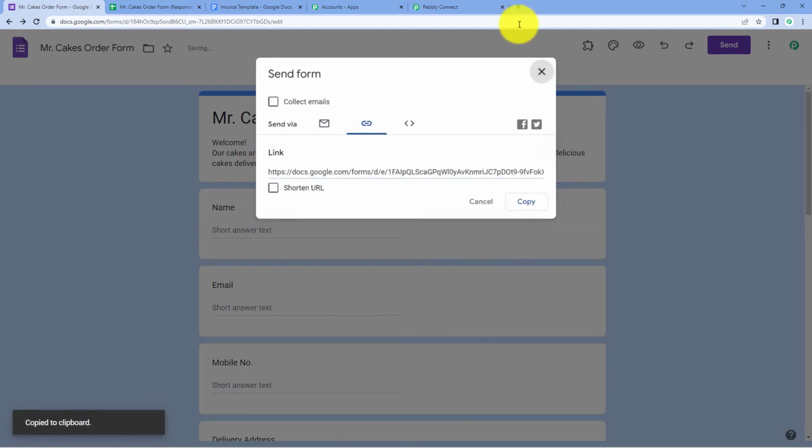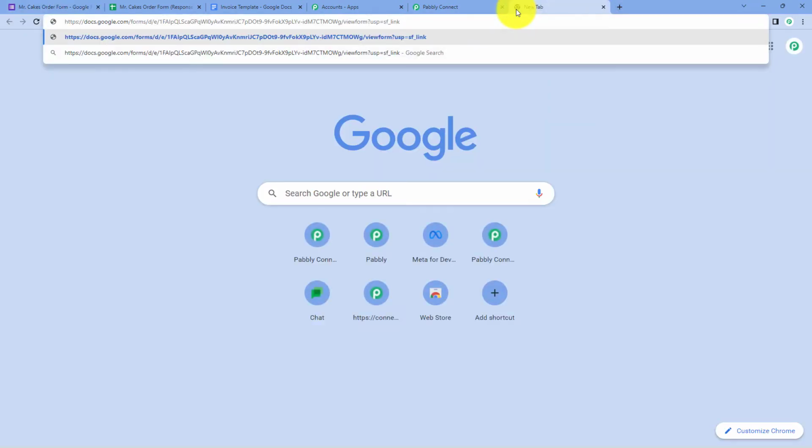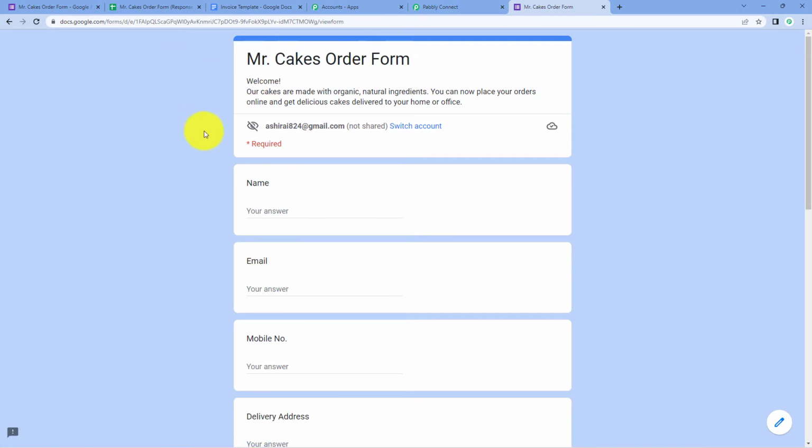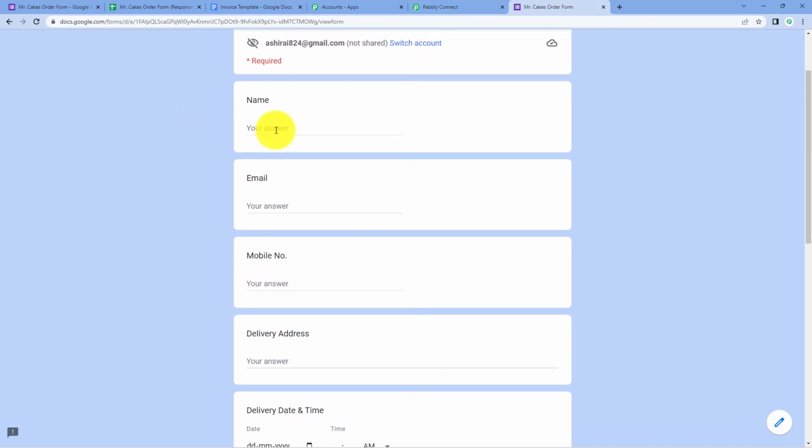Just copy it, and in a new tab, we are going to paste it. So this is the order form, and we are going to place a dummy order using this form. For example, let's enter some dummy details. Example, dummy name. So this is just dummy details of a customer, email address,